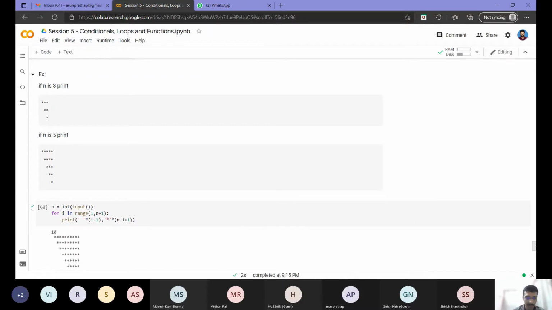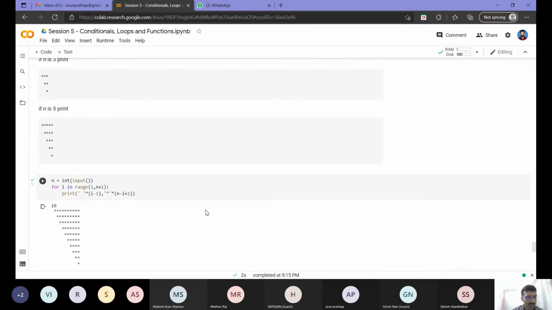Right, we got the output. So what will happen to i here? Initially i is 1. At that time it will print 1 minus 1, that is 0 spaces, and n minus i plus 1, that is 10 minus 1 plus 1, that is 10 stars, right? Then when i is 2, it will print 2 minus 1, that is 1 space, and 9 stars, right?